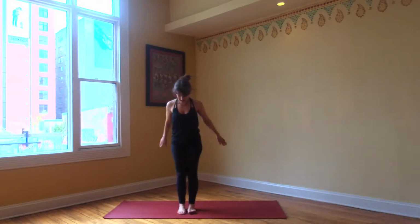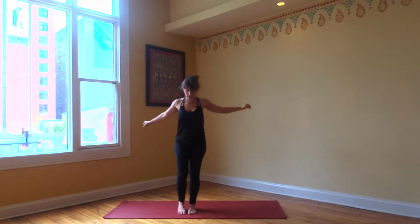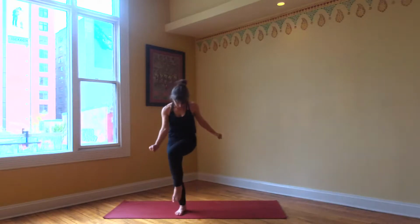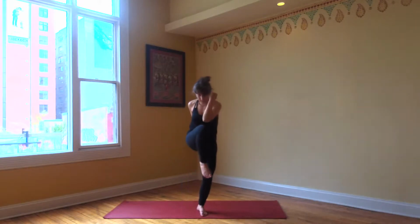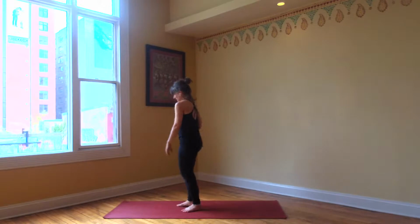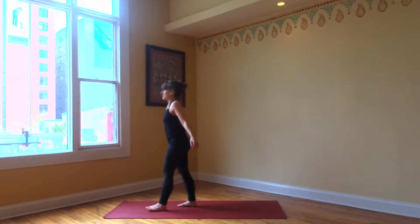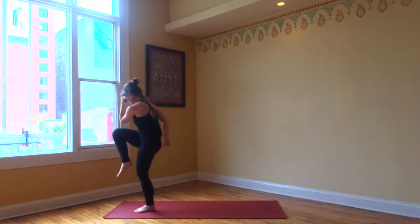Nice. Okay. And now finally, we'll bring elbow to the outside of the leg. So once I cross, scoop over, elbow, cross the knee, other behind me. Coming down, scoop, cross, coming down. So the scoop under, I'm exaggerating it a little bit so you can see that pulsation. So scoop under to lift the knee. Great, nice. So now we'll take that twist, elbow to the outside of the leg, other arm behind,